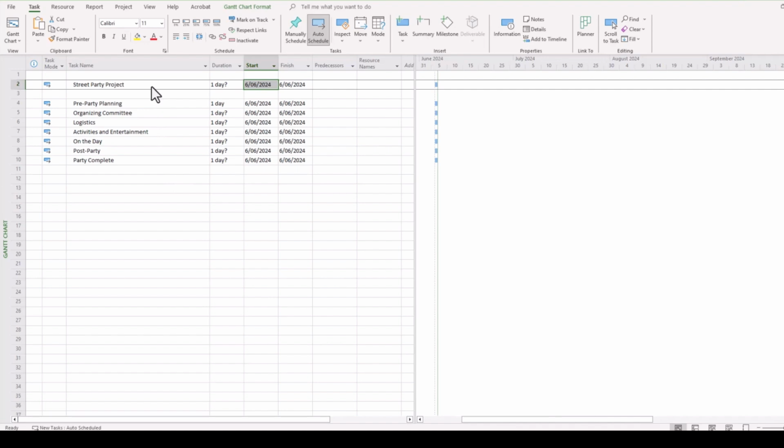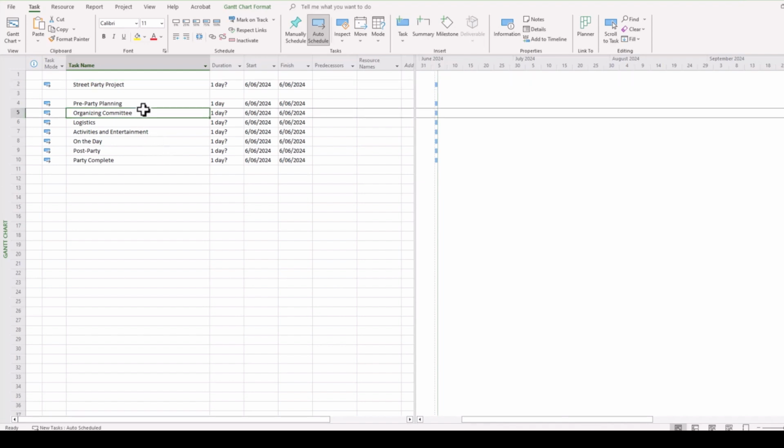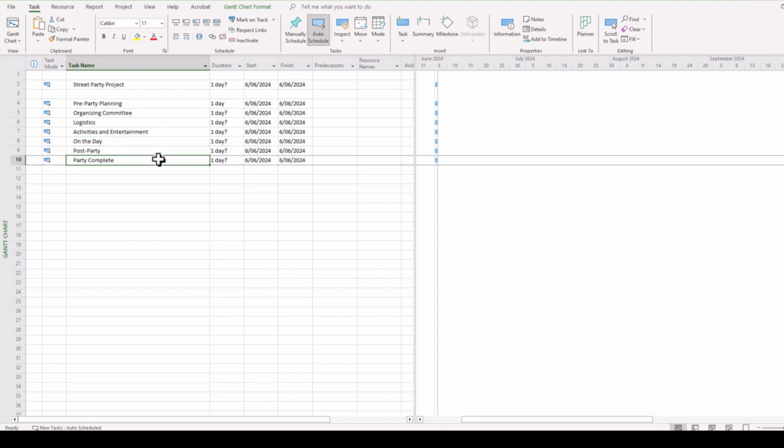The example project we're going to look at today is putting together a street party. However, the processes and principles that we're going to be going through, as well as some of the suggestions, can apply to any project. Now, hopefully by this point you have a business case, project brief, or even better, a work breakdown structure which highlights all of the tasks and activities that you need to get the job done. And you can see I've put together some high-level tasks that I'm probably going to tease out a little further as part of this initiative here.